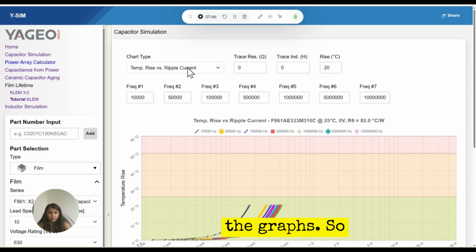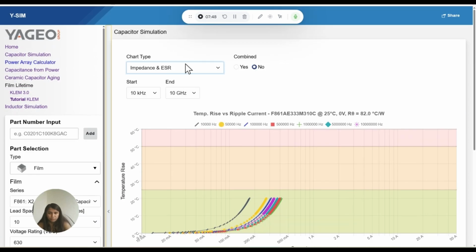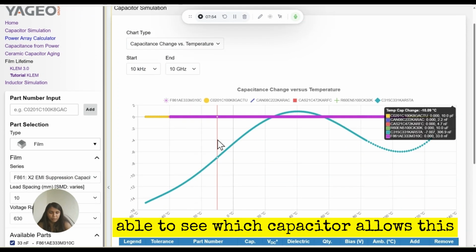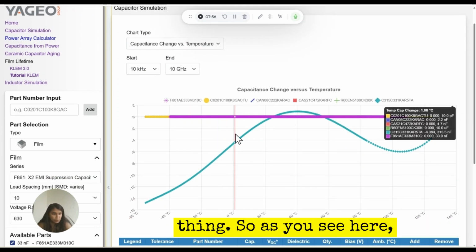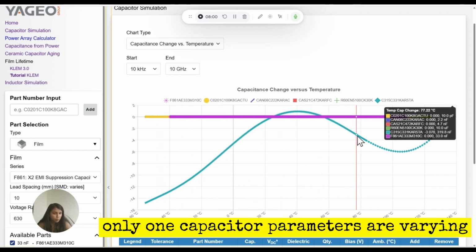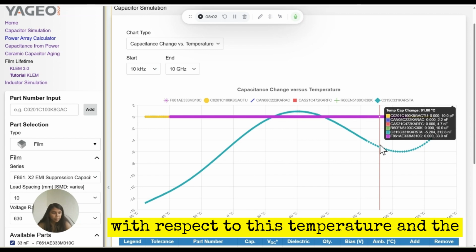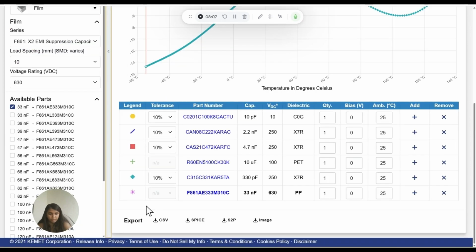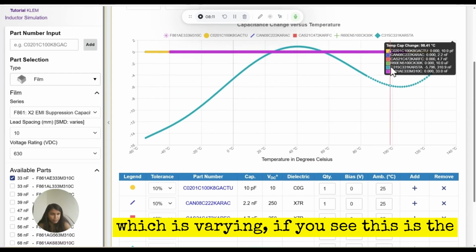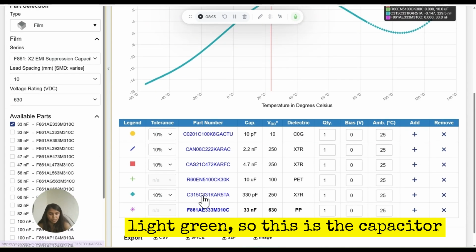And we plot the graphs. So you can see that right now capacitance change versus temperature is available, to be able to see which capacitor allows this. So as you see here, only one capacitor's parameters are varying with respect to temperature and capacitance change. This is the capacitor which is varying. If you see, this is the light green. So this is the capacitor which is varying. So if you click on that,